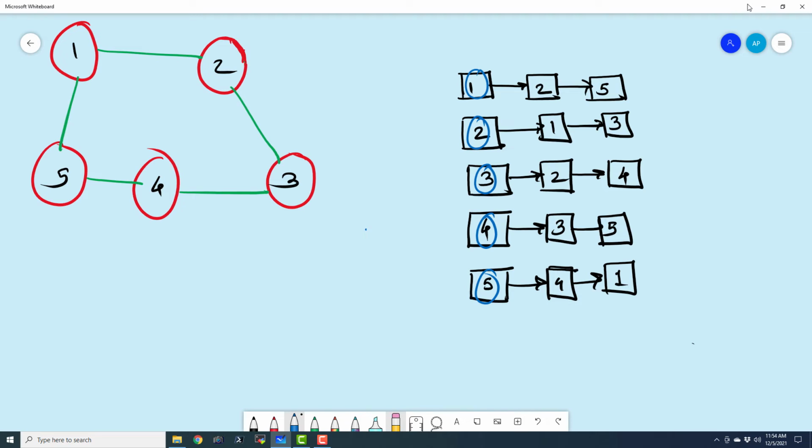So now we have a collection of 5 linked lists, and we can create a list or an array of those linked lists where we are storing all these head nodes. So I can have something like 1, 2, 3, 4, and 5. And let me fill in 1, 2, 3, 4, and 5. And then these are the pointers to the next elements. So this is what we call an adjacency list.